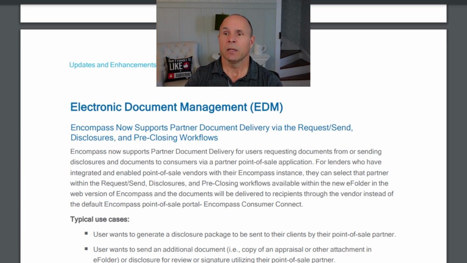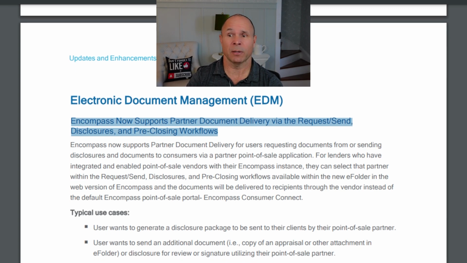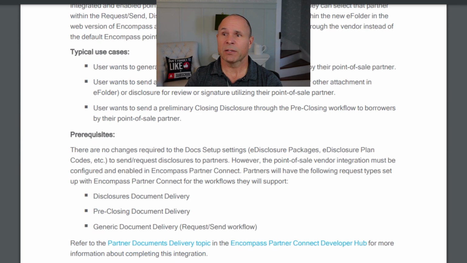So please make sure that if you're using a third party to deliver your documents, that it's operating in disclosure tracking properly, for e-consent properly, ITP properly. I'm not here to give you compliance advice. I'm just here to tell you that there's a right way to do it and a wrong way to do it. And ICE is now opening up so everybody can do it the right way without any restrictions or programming complexities, things like that. That's on page 54.